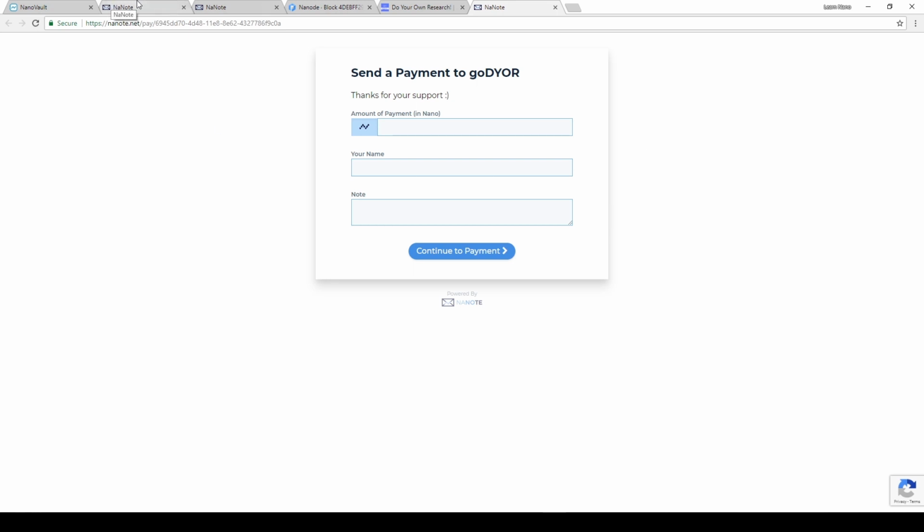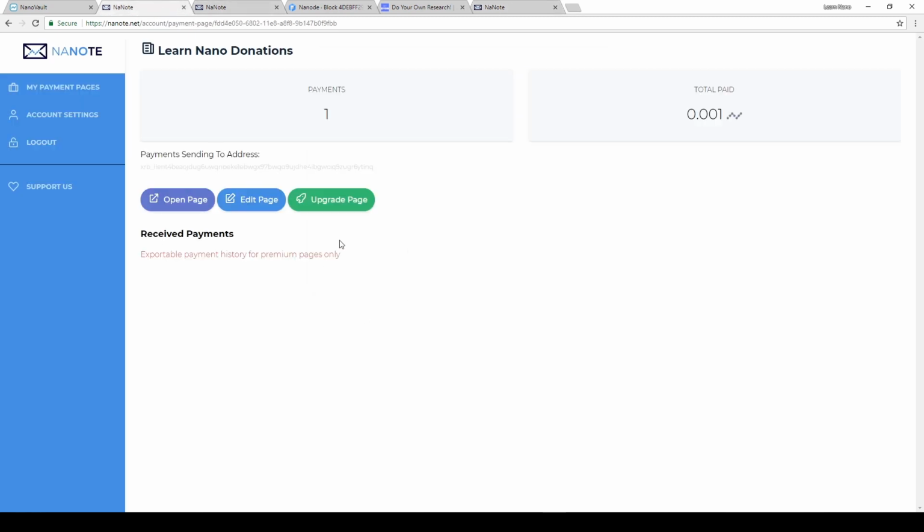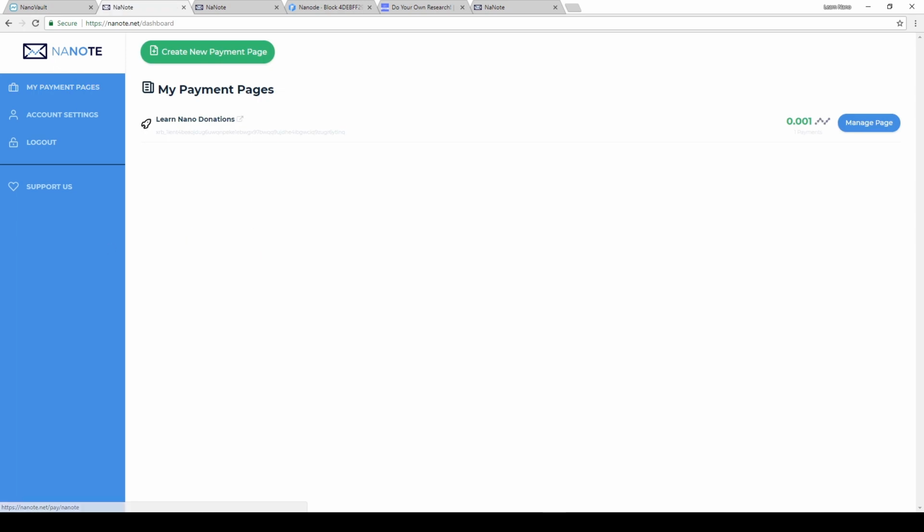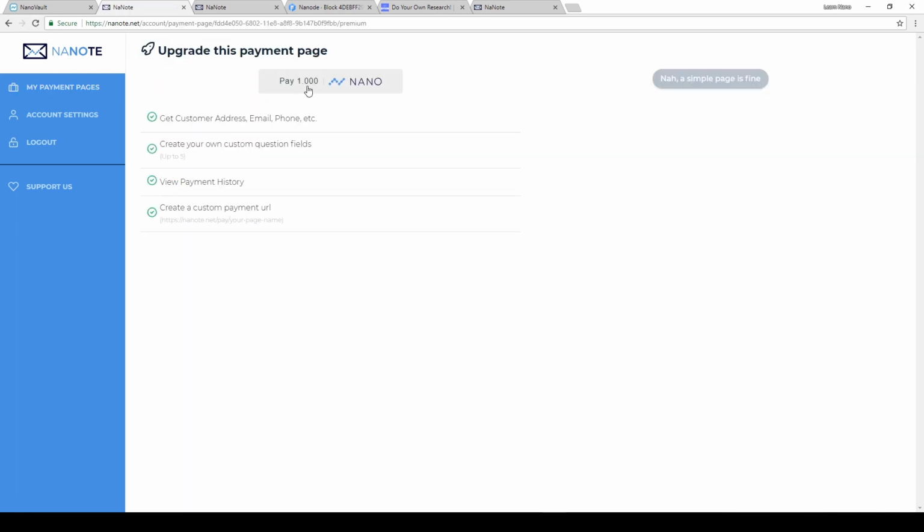Now I mentioned that there was a premium payment page option, and this is something that's very cool as well. If I see this option here, upgrade page, and this is also available if I go to my payment pages, this little upgrade icon here. What I can do is upgrade this payment page, and you can see there's a lot of different